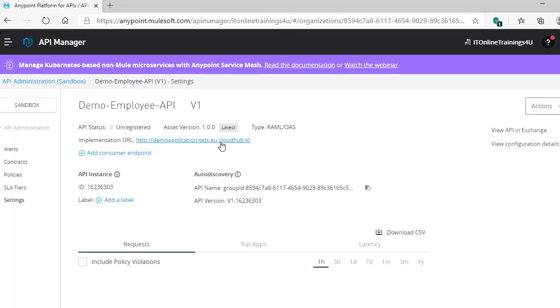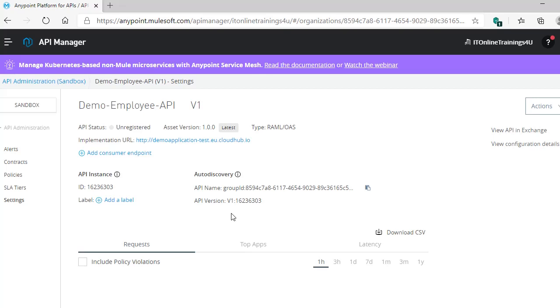This is the implementation URL we gave while creating this API. And most importantly, you need to observe this API instance ID, and this is nothing but the auto discovery ID. Okay, auto discovery is a special feature in MuleSoft, which provides a link between Runtime Manager and API Manager. Let's say we deploy one application in our CloudHub Runtime Manager.